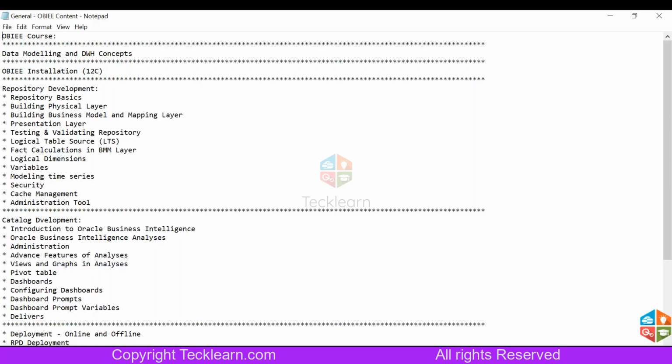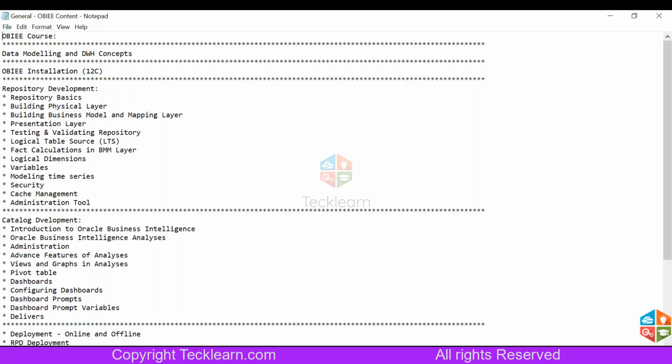The course that I will be covering is 12c, the latest version. We have multiple versions of OBIEE, starting with 10g, which is a very old one. After the initial acquisition of Siebel Analytics, Oracle changed it to OBIEE 10g. Then they made a few more patches inside 10g. Afterwards, they came up with a new release, the 11g version. Later on, we have another version, 12c, which is the latest one. Inside 12c, we again have multiple versions, so I'll be going with 12.2.1.4, the latest version of OBIEE.